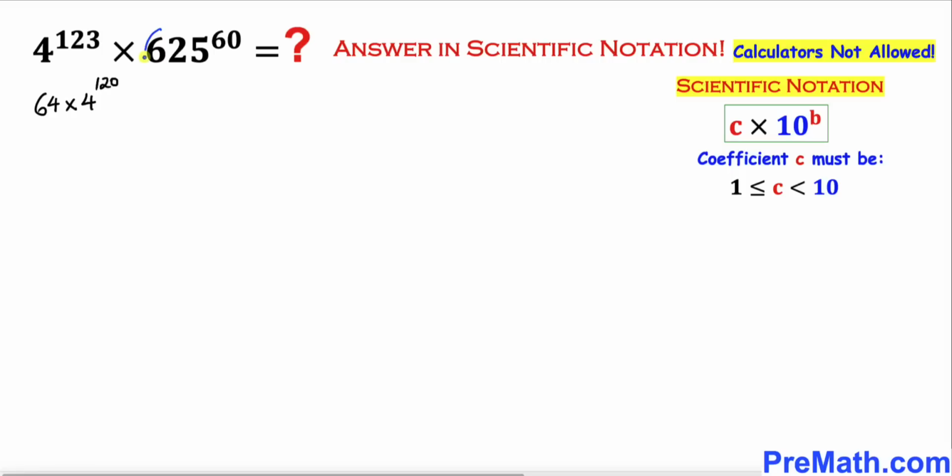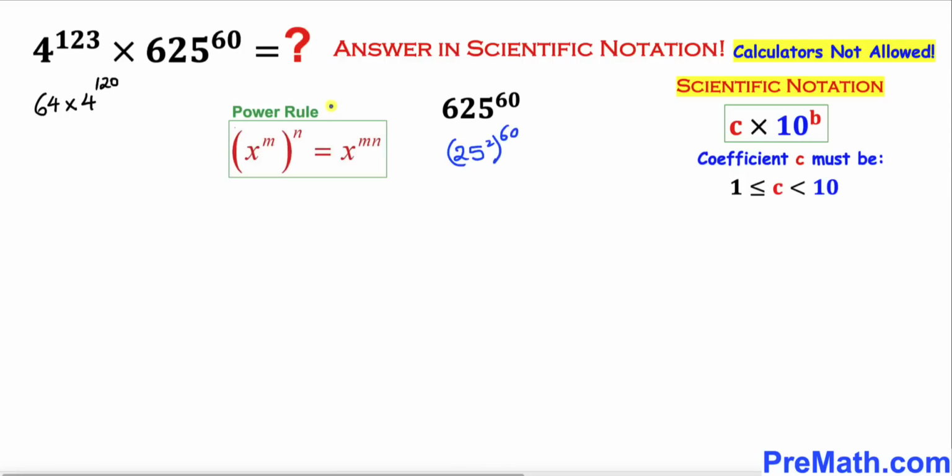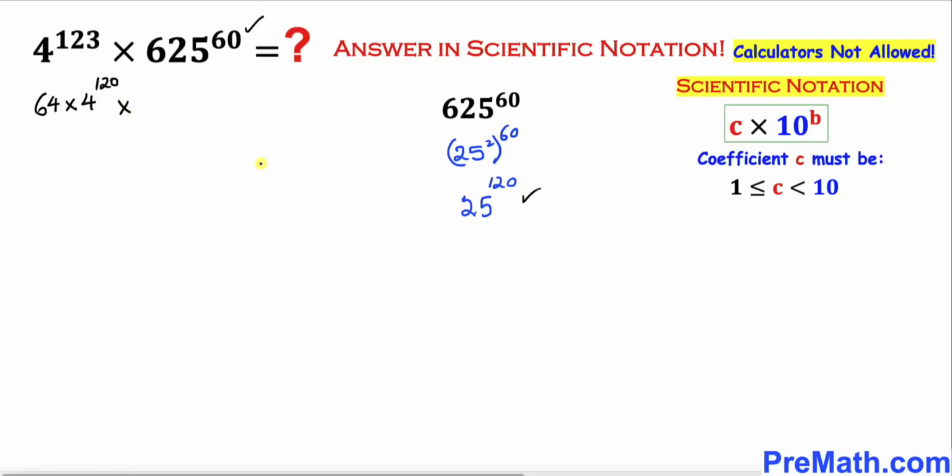And now let's focus on this number, and here I have copied it down. And now we can see that this base 625 could be written as 25 squared. So therefore this number could be written as 25 squared and then whole power 60. And now let's recall this power rule of exponents. So this way we can multiply out these exponents. So this could be written as 25 power 120. So therefore I'm going to replace this number by this one, which is 25 power